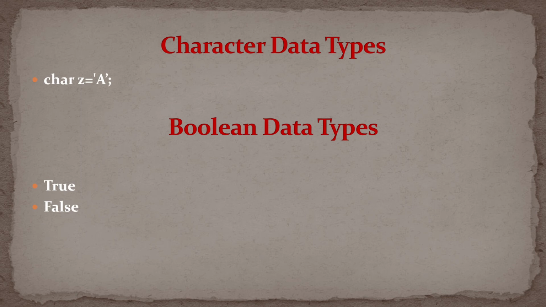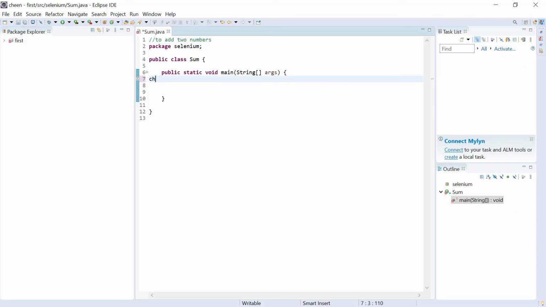So if you want to store only one character, we can use this data type, which I'm going to show you now. Let's say I'm storing a character, so I'll write char, any variable name, and then in single quotes you will pass one character. This is char. But if I have to pass multiple characters, let's say I want to write Smith, now this is not a character guys, this is a string, because I'm not writing one character. I'm writing a combination of characters, and that falls under string, not character. So see, you will get the error message invalid character constant, because it is not a character, it is a string.